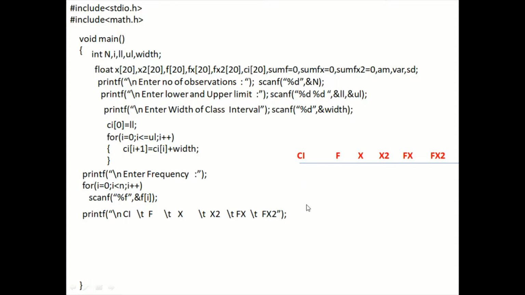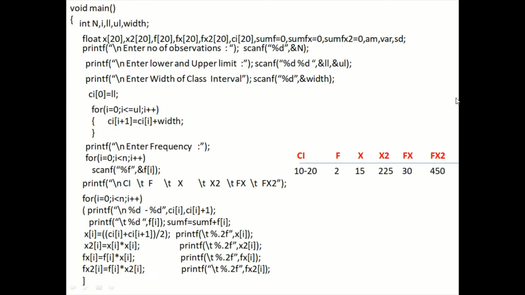Now below this, I want to show those input values. Let's see how it works. For I equal to 0, okay, I less than n, that means 0 to 5. Printf percentage d dash percentage d, Ci of I, that is Ci of 0. What was Ci of 0? 10.